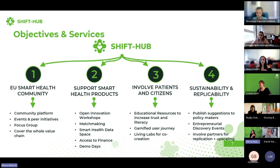But of course, aside from providing all these services, one of our main goals is really to share knowledge and best practices and to support and improve the smart health ecosystem in a sustainable fashion. And one way of this knowledge sharing is represented by this capacity building workshop series, which we're hosting today. And without any further ado, now it's my pleasure to open our first part of today's workshop by welcoming my